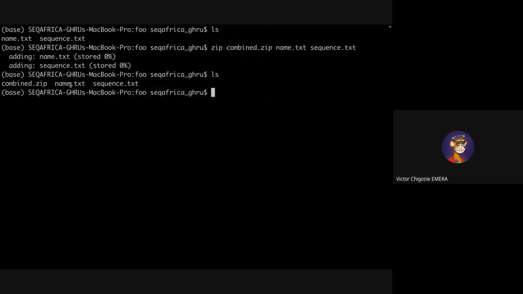Okay, sir. Quick question. Does the zip command need to be installed or something? No, it doesn't have to be. If we are using Git Bash, I'm not sure. Like I always say, Git Bash is not really a full-fledged terminal. It's just a mini terminal that was developed for you to interact with